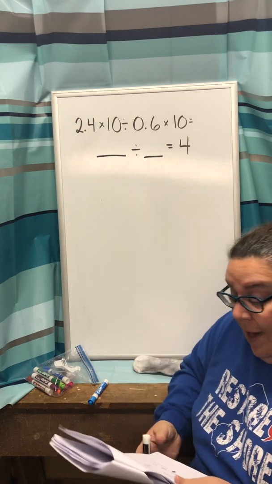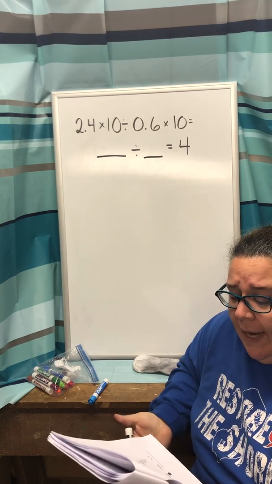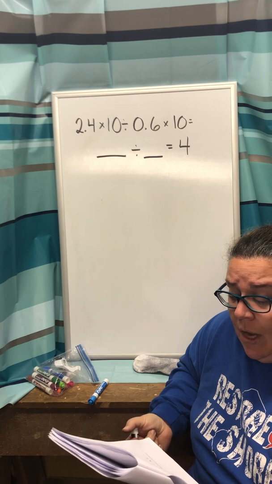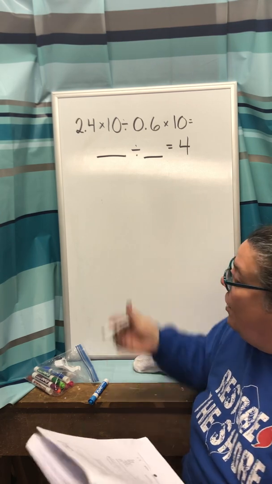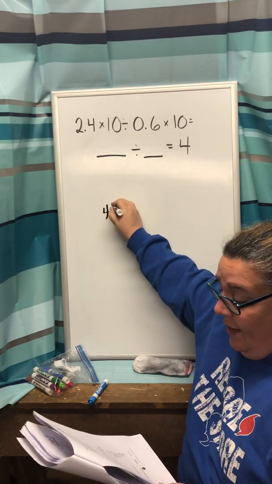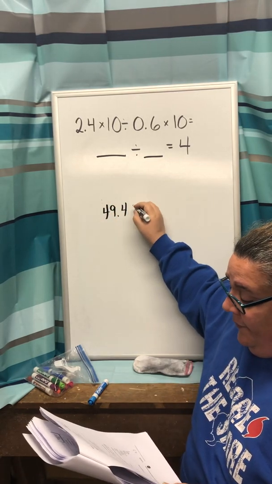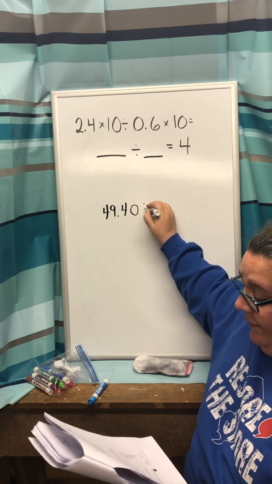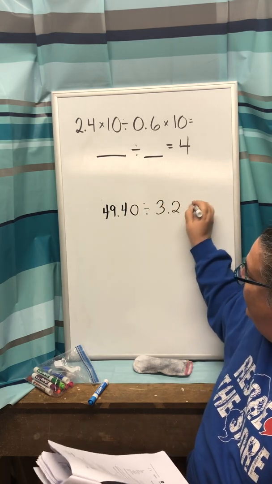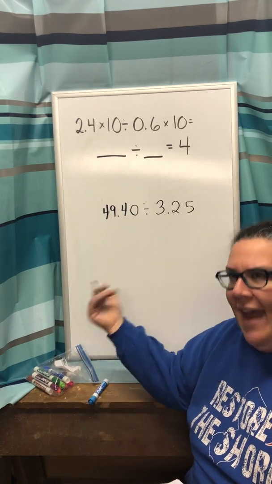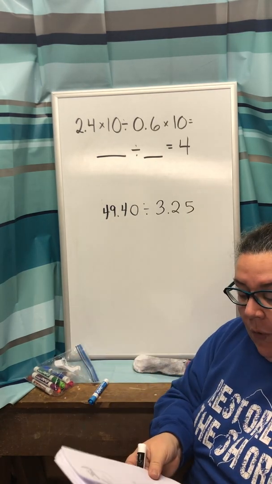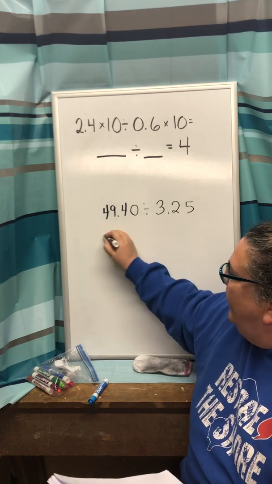So moving on to number 4, they want us to multiply the dividend and divisor by the same power of 10 and write an equivalent expression for 49.40 divided by 3.25. So now that we said what we were going to multiply, now they want us to actually solve it. So what we just did on the top, 3.25,